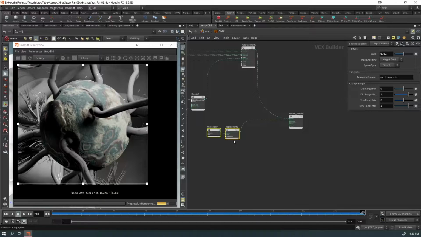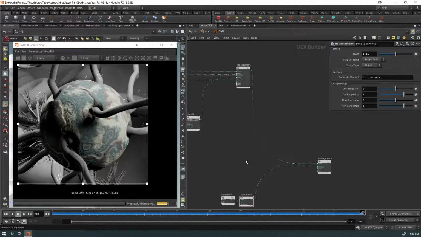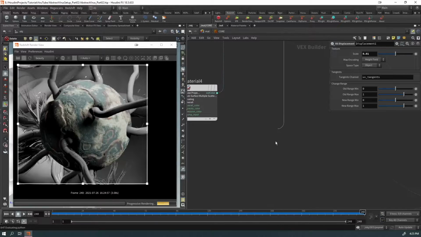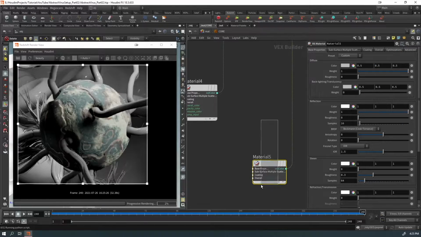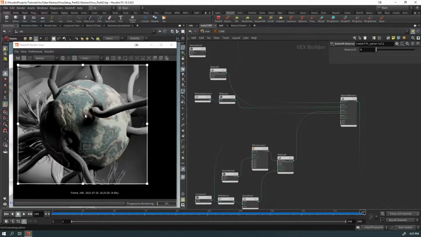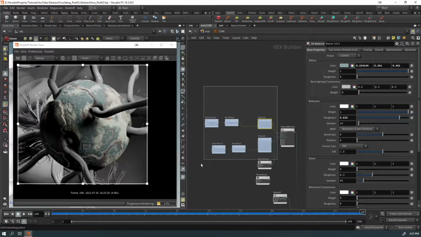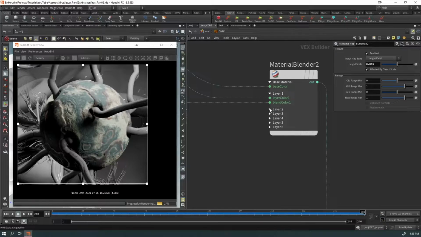I also want to have some glowing parts in here. And I'm just gonna do that with bringing a new material, RS material. And I'm not gonna do it in here because I want it to be on top of this base layer in here. So this was my base. I'm gonna bring everything up. I'm gonna create a